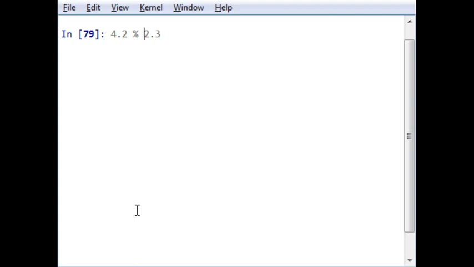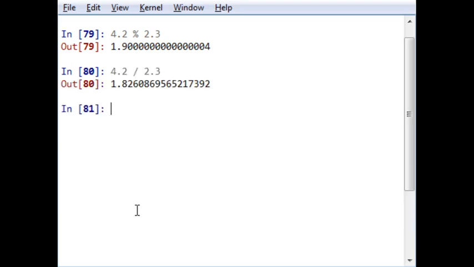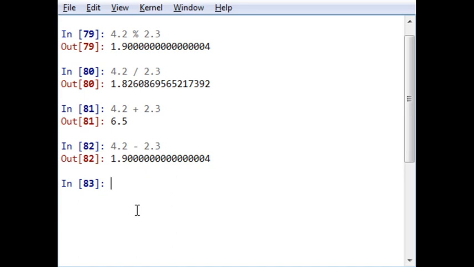By default, Python is case sensitive, but a continuity of spaces will be ignored. The output is 1.9004. The output is of course a remainder, by the percentage sign. If I want to know the quotient, I will just go for the division operator, and addition can also be performed. That is simple. 6.5 is the output. The subtraction can also be performed. It is this. The exponential operator can also be used like this. This is a simple use of operators.